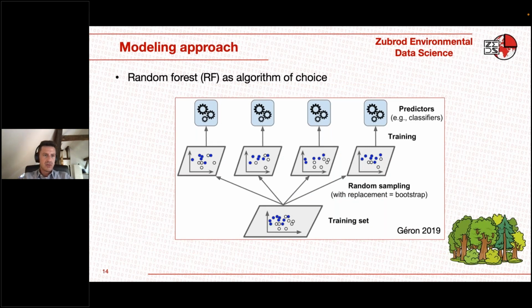As our main algorithm for modeling, we chose the machine learning algorithm random forest, which is based on a technique that is called bagging. Bagging is short for bootstrap aggregation. So what we do is we have our training data set and we take repeatedly with replacement, that's where the bootstrap is coming from, subsamples of our training data set. And on these subsamples, we train so-called weak learners. In our case, for random forest, these are simple decision trees. And finally, when we make predictions, we just aggregate all these weak learners to get a strong learner, and that's